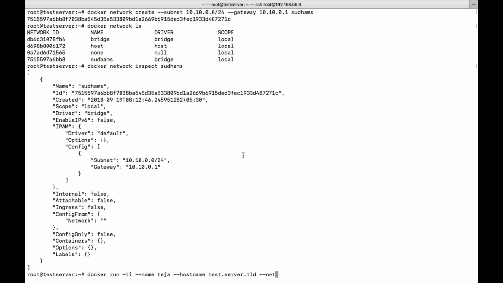Which network do you want to use? That is Sudams. And then I want to use a specific IP address, so the option is --ip. In this network, I want to use a specific IP. So that is 10.10.0.10. At last you can give your image.